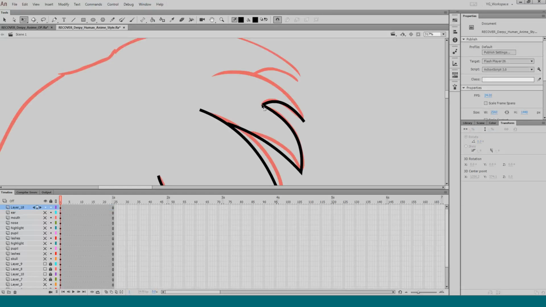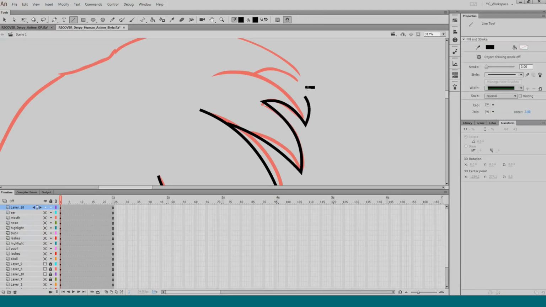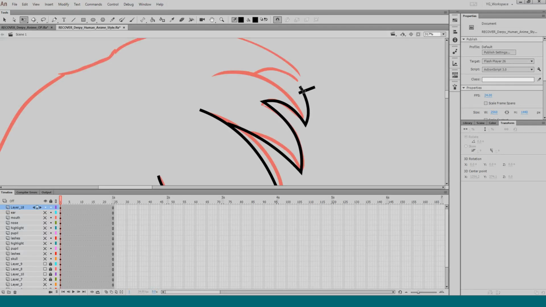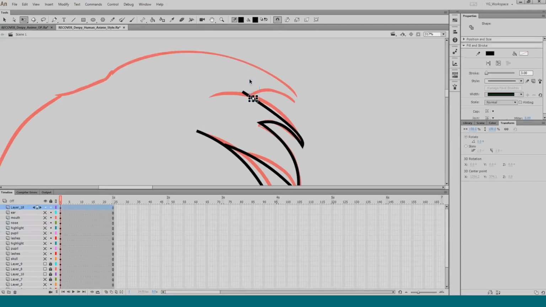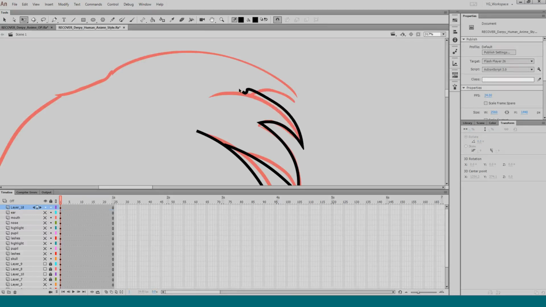Yeah. Delete. A little tip with the Flash stuff is, if you miss two lines like this, and then you try to figure it out and fix it, and you don't know what's going on here, I just delete both ends and start over. It's much easier than trying to figure out that mess. So, yeah, look at that. I just tried moving it. I don't know what's going on. So I just delete it and restart it.